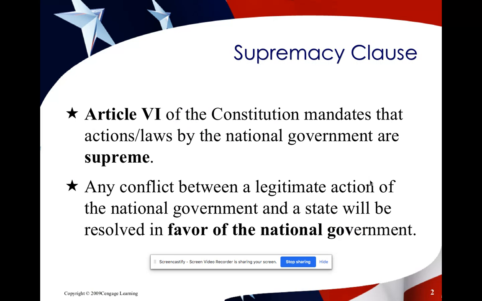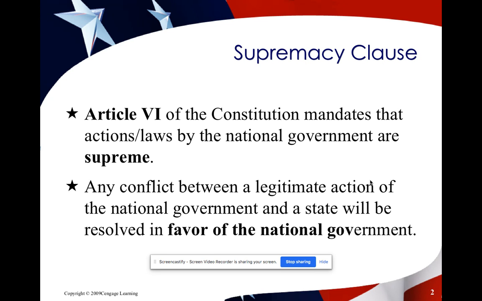So we've looked at many of the articles of the Constitution throughout the year. This one involves Article 6. If you remember, Article 1 was the legislative branch, Article 2 was the executive branch, Article 3 was the judicial branch. So here we are looking at Article 6, and basically it mandates that the actions or laws by the